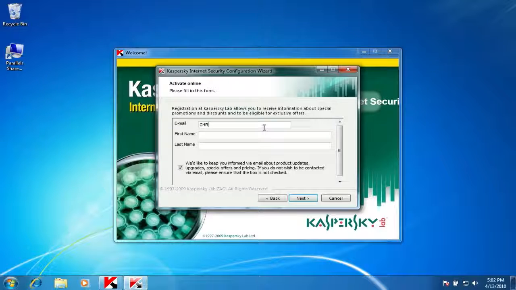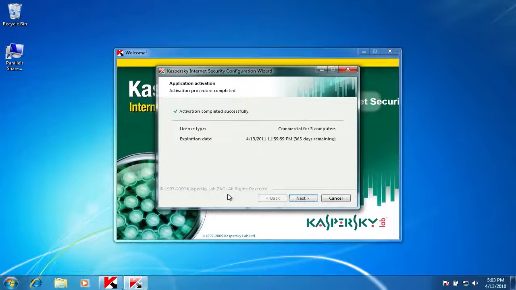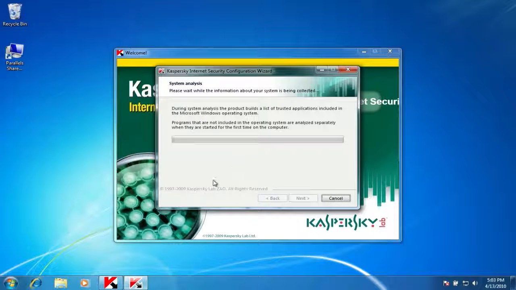And once I filled out that information, I'm going to click Next. It's going to connect back to the activation server. And then once everything happens correctly, it's going to say that the activation was successful. Click Next. So now it's going to look at all the applications that are on your computer, so it can